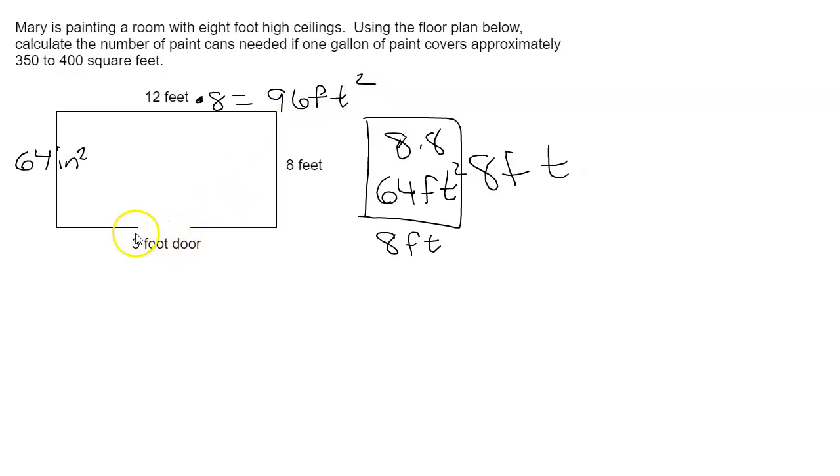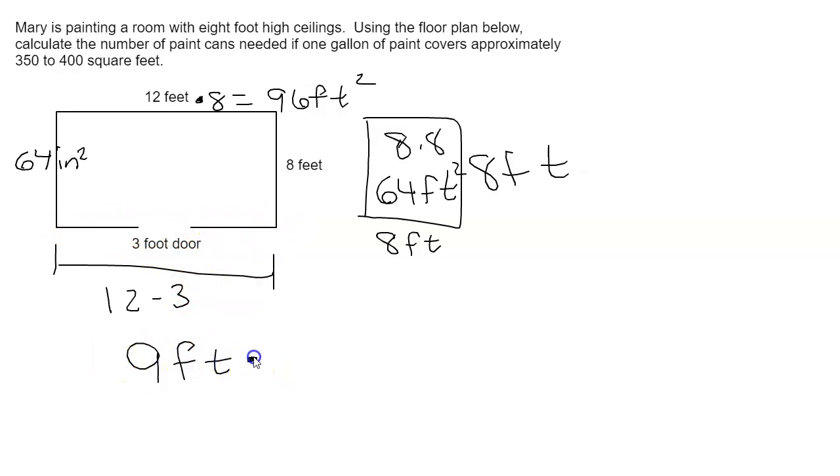Now the door doesn't need to be painted. So if we have 3 feet of door out of 12 feet, we want to take away the 3 feet of door. We're going to do 12 minus 3 because the entire length is 12. We take out that door, and the rest of the wall is 9 feet long. So 9 feet times 8 gives us 72, again for the 8-foot high ceilings. So 72 feet squared. Now there is a little space above the door, so this is just an approximation. We'll want to add and say I need a little bit more than that, but this will give us